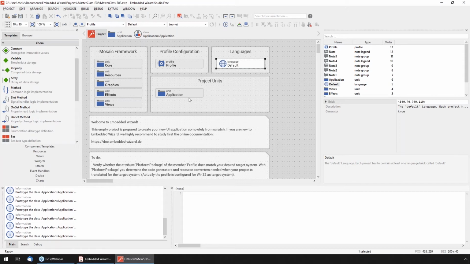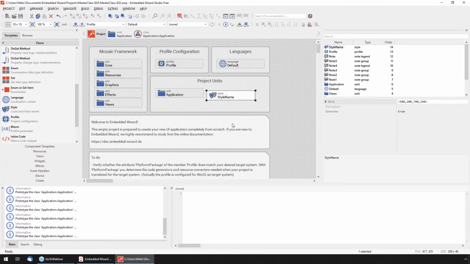We have units, and something which is also used inside the view is a so-called style. That style is, for example, used if you want to implement different kinds of themes, different kinds of variants for different resolutions, for different brands, for example. But how to use those styles is not a topic for today. It will be a topic for another masterclass Monday session. So we have these different